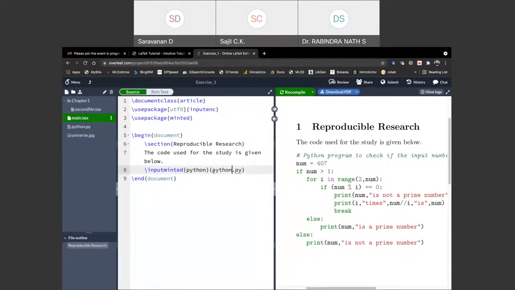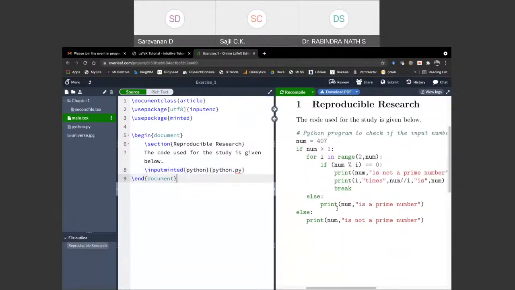So you have to mention whether it is Python or Java or C or C++ here, and it will do the formatting. This way you can even append your source code to your document, using the input minted package.